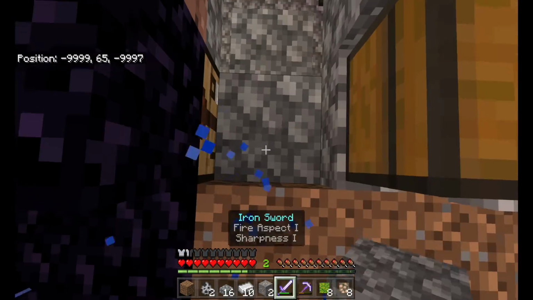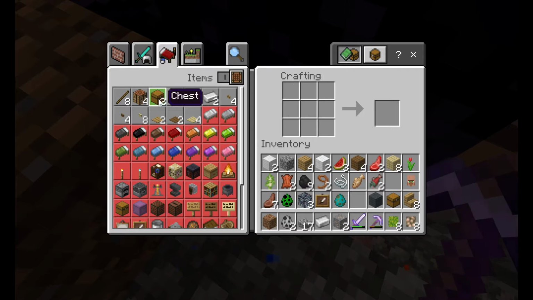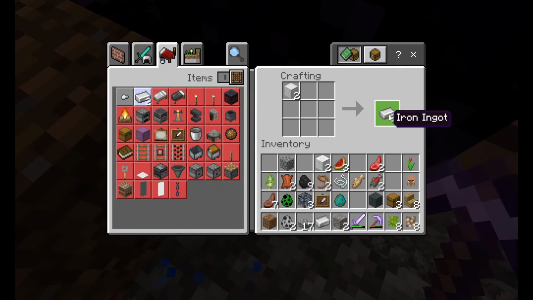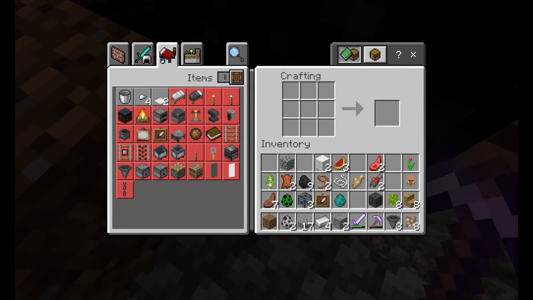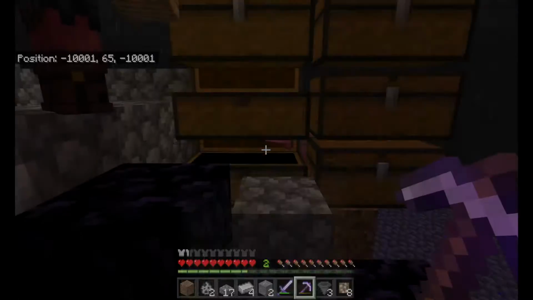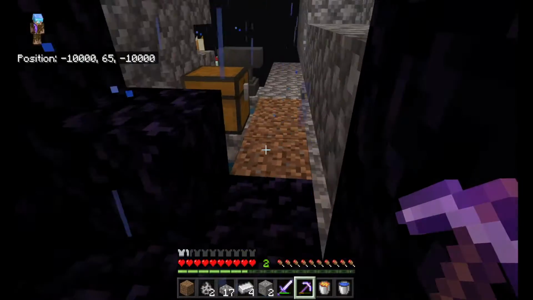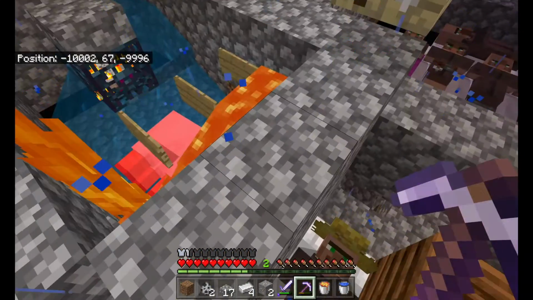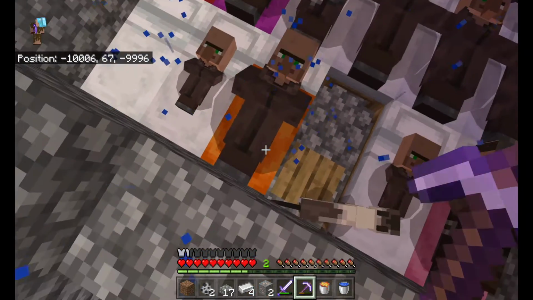So right now I'm just making the hoppers for the farm, so that we can collect the drops. It does take a lot of iron for hoppers, especially when you're on one block. You don't get iron all the time, so it's not ideal, but it would be nice if we got some more iron. Anyways, right now I'm just going to sleep here,